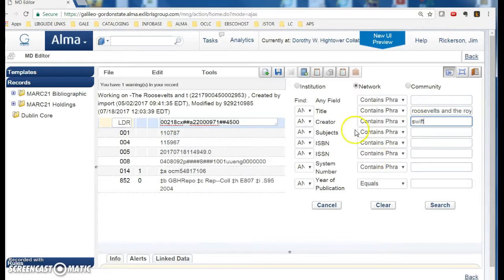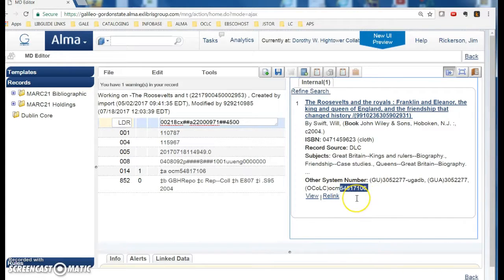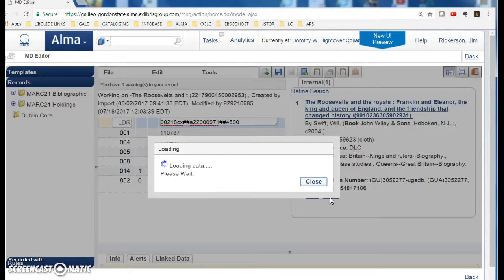And whatever other information that you know. Click search. Sometimes you may have more than one record that comes up, so you'll have a few to choose from. You might want to make a note of the title control number so you link to the right record. So we're going to click relink,